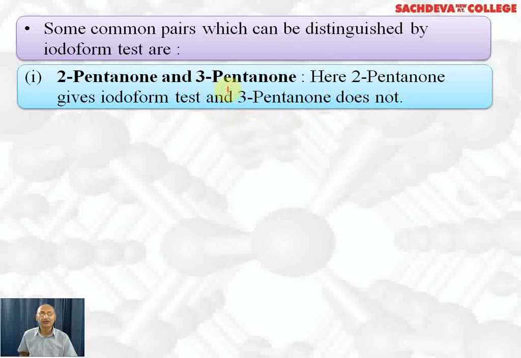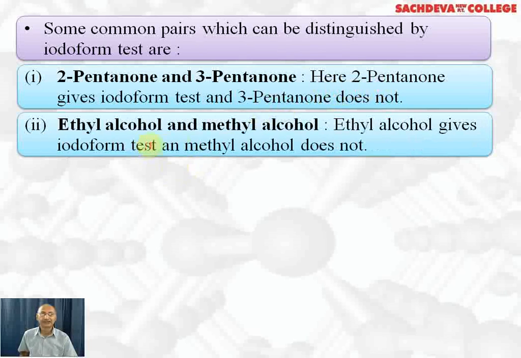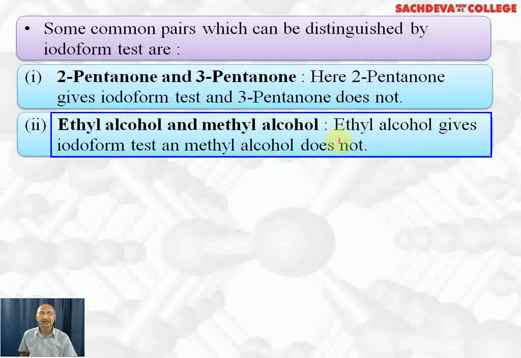Acetophenone and benzophenone can be distinguished with the help of this test. Acetophenone will give this test, whereas benzophenone will not. Ethyl alcohol and methyl alcohol: ethyl alcohol gives the iodoform test, methyl alcohol does not, because ethyl alcohol on oxidation gives acetaldehyde, which will give